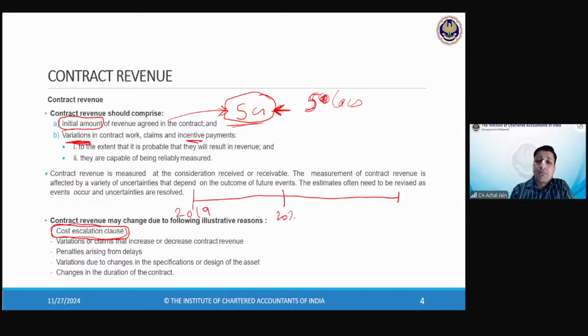So it means by 2021, it will be completed. But in between, it came 2020. So there was Corona. Let's suppose work got delayed. So work could not get completed in 2 years. Now, this work was required to be completed in 2 years.